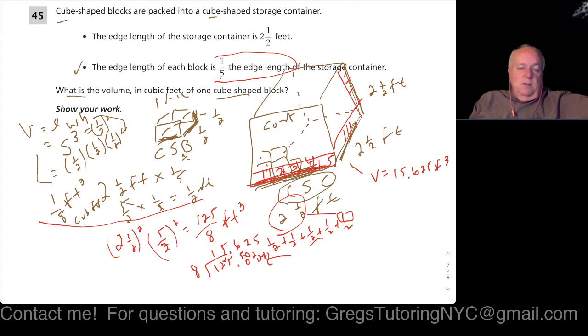We need, if we wanted to, because it's by 5 this way, by 5 this way, and by 5 this way, we could divide that by 5, get that result, divide it by 5 again, get that result, divide that by 5 again. As you can see, this gets into a lot of messy math, okay? But we should still end up back with the same answer,